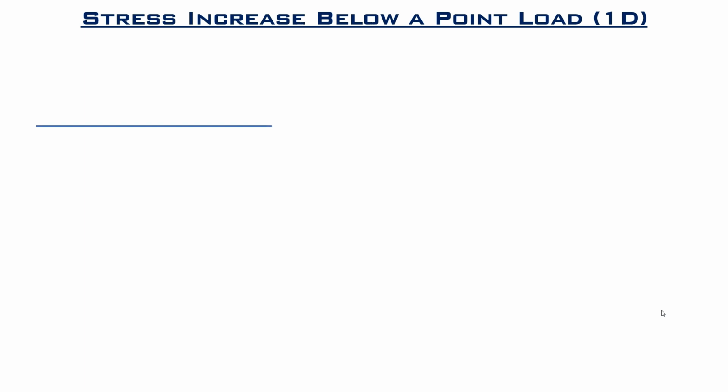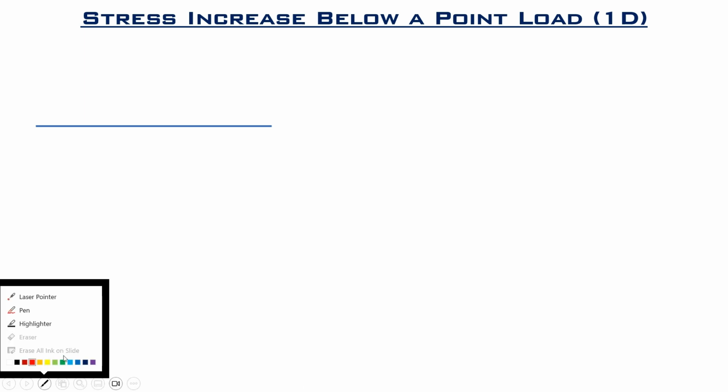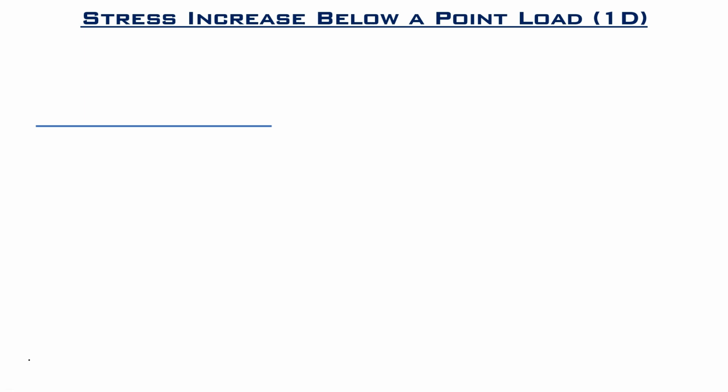So let us say we have this as the ground surface. This line shows the ground surface, and a load is acting at this point on the surface of the soil. Say this is point A at which the load is acting in the form of a point load. Say this is a point load P equal to 1000 kilonewton,